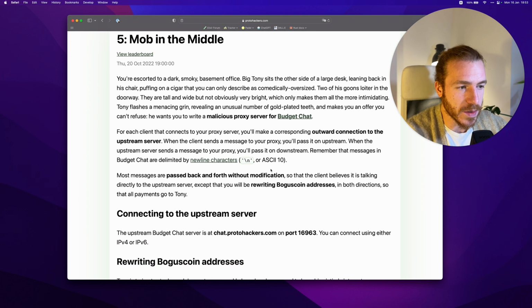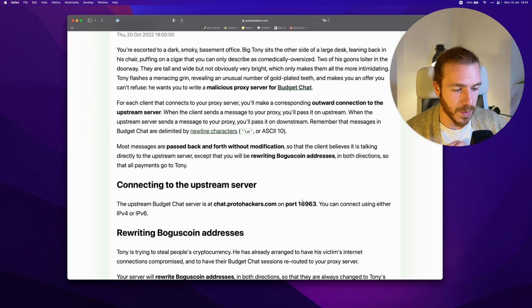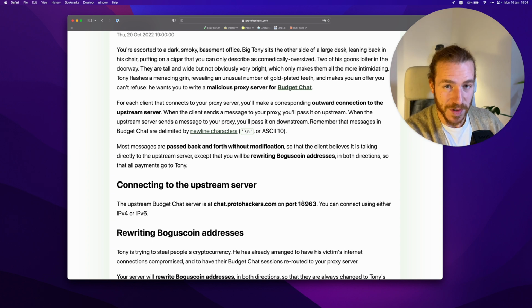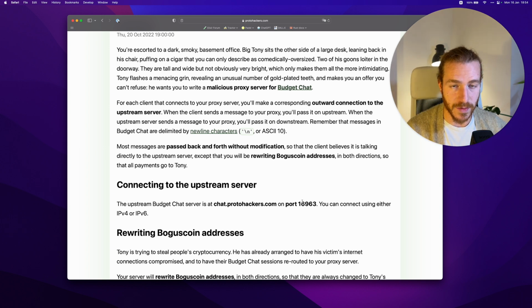Protohackers itself is hosting a chat server at chat.protohackers.com on this port. This is going to be the server that our application will be proxying for, so the upstream server. Our proxy is simpler than the chat server that we wrote because it's not really broadcasting to connected clients or handling new users joining or leaving. The Protohackers chat upstream server is the one doing that. So that chat server on Protohackers is essentially what we wrote in problem number 3, I think. And so our proxy is really only forwarding messages from clients to the server and vice versa,